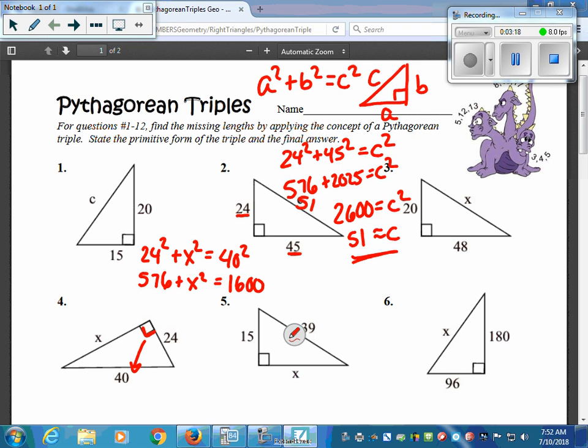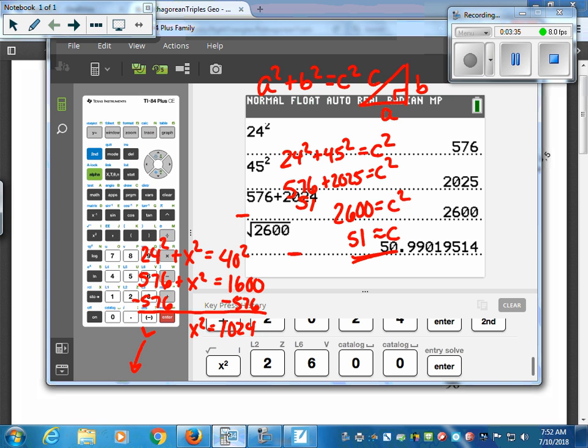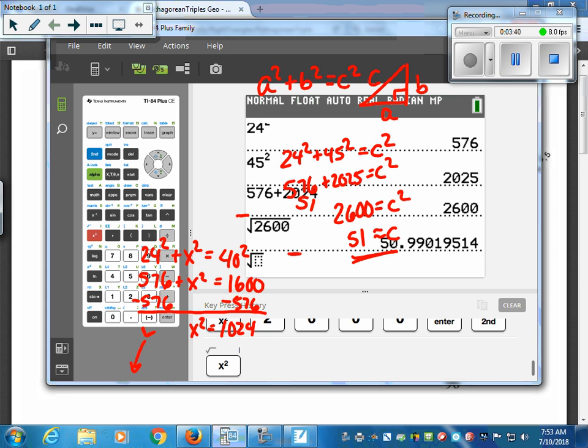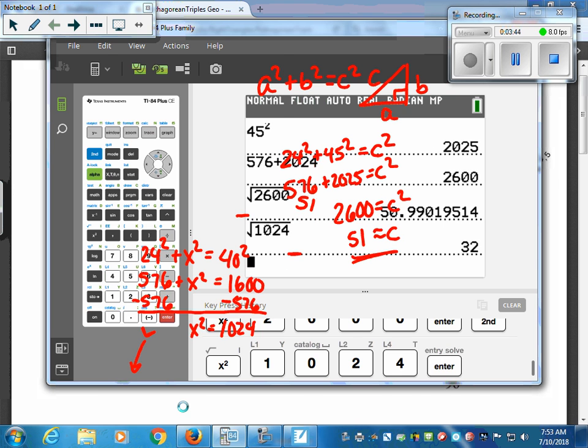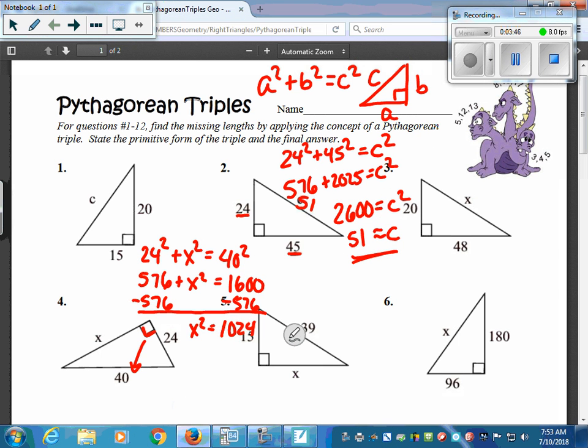Now what makes this a little different is because the two numbers are on opposite sides, we're going to have to subtract the 576 on both sides to get the x squared by itself. Now this will end up becoming 1024, and then I got to take the square root. So I'll go back to my calculator a second. Square root of 1024, hit enter, and when I take the square root of both sides, x equals